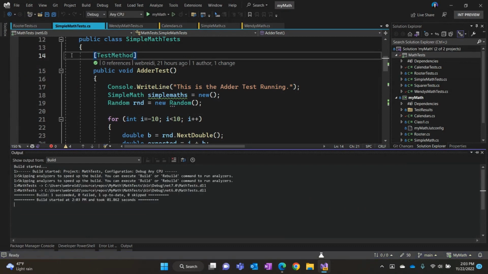Hopefully this one doesn't take as long. And when that's done, it's going to bring up my code coverage report, which is going to show me what lines are not covered by tests and which ones are covered by tests, so that I can see where I still need to write tests.